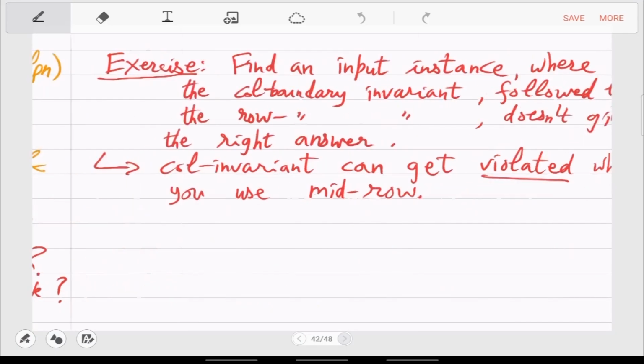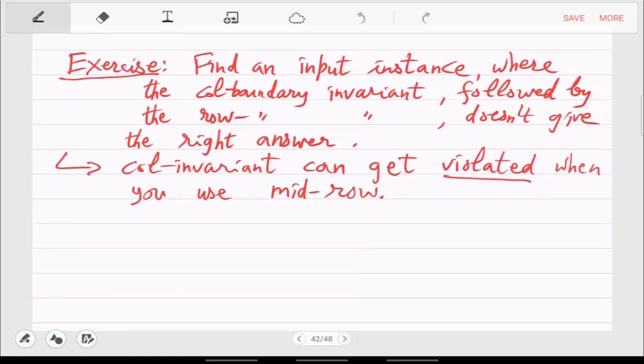Any questions till now? So this was an exercise for you. Find the counter example or the bad instance if you directly move from mid column to mid row. Okay, so you alternate between mid column, mid row, again mid column, mid row. That will not work, because the problem is that this green cell which you are identifying only satisfies a property either with respect to the 2 columns or with respect to the 2 rows. What you want is a property which holds for both simultaneously, for the two rows and the two columns.